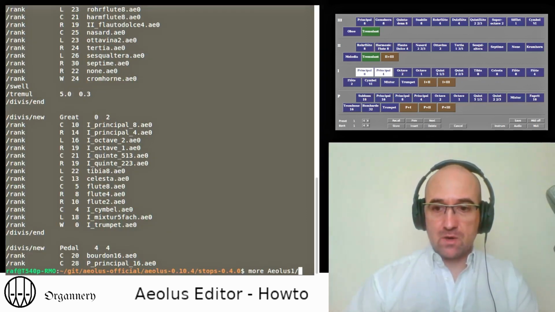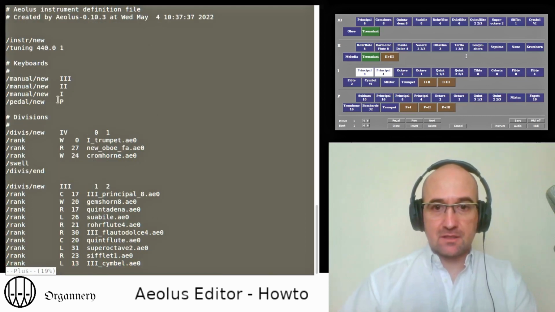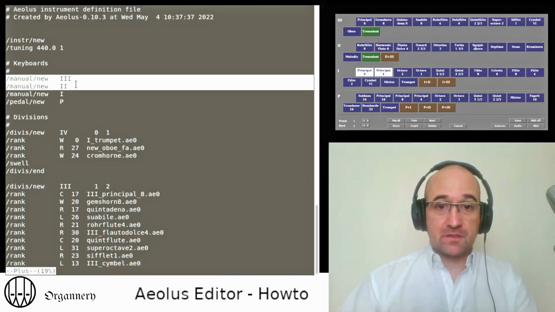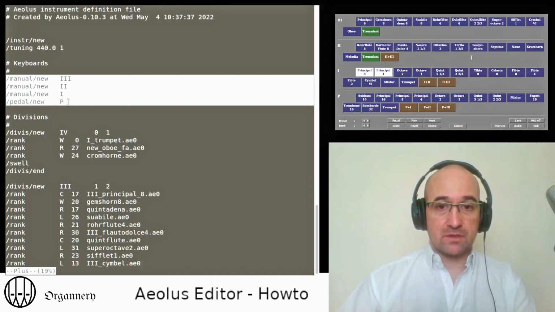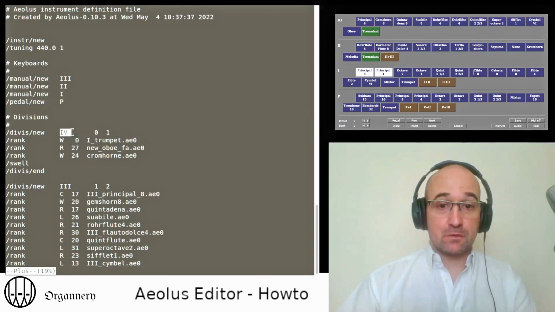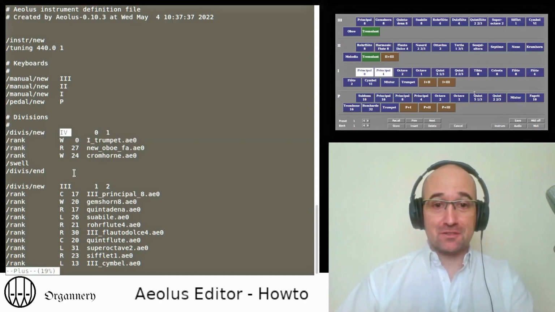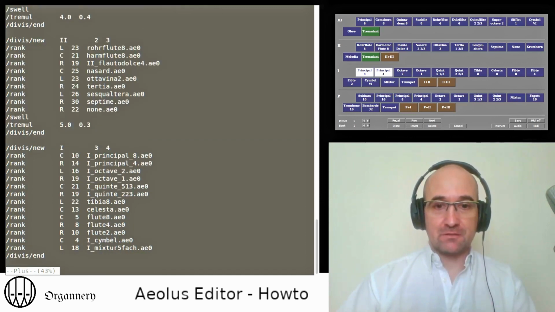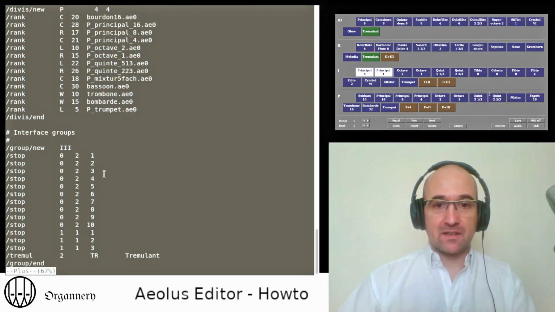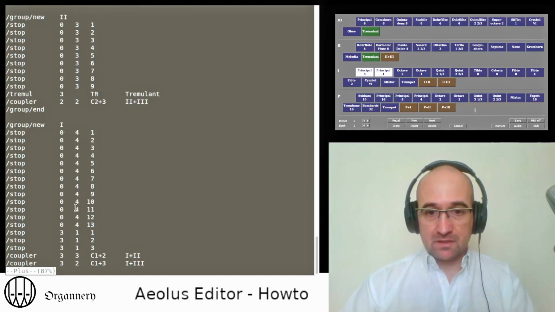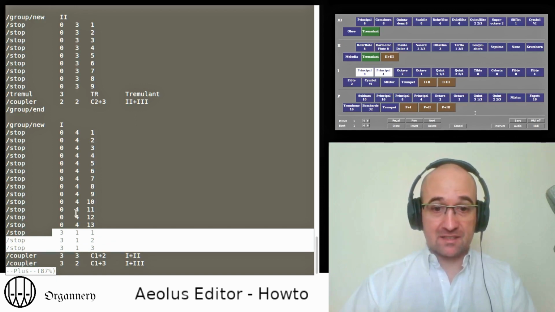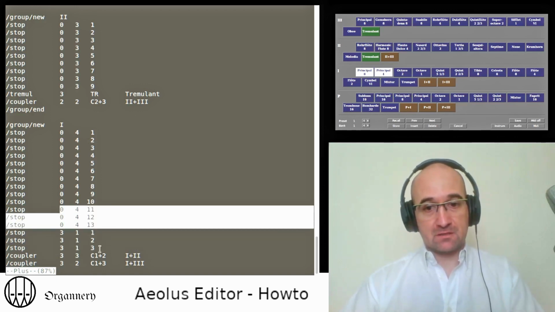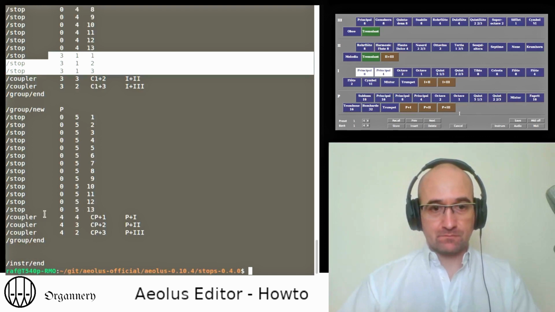In the Aeolus 1 definition, for example, here we still have 3 keyboards, 3, 2, 1 and pedal, but you have a division number 4, a division 3, a division 2, a division 1, and then in the interface groups definition, that's where you will say that one keyboard, here keyboard number 1, will act on the 1st division as well as on the 4th division.